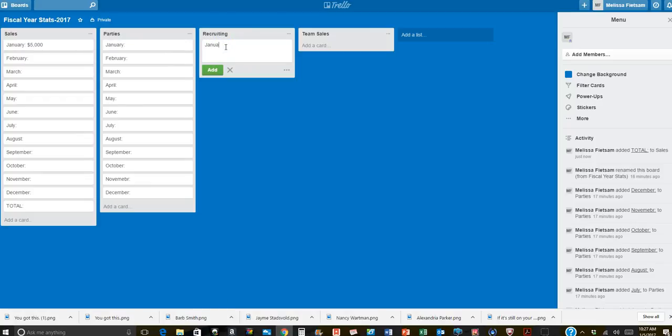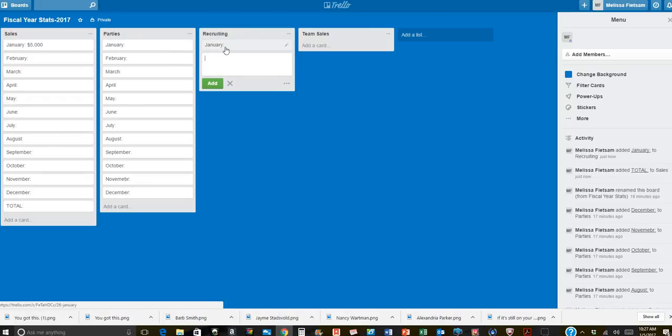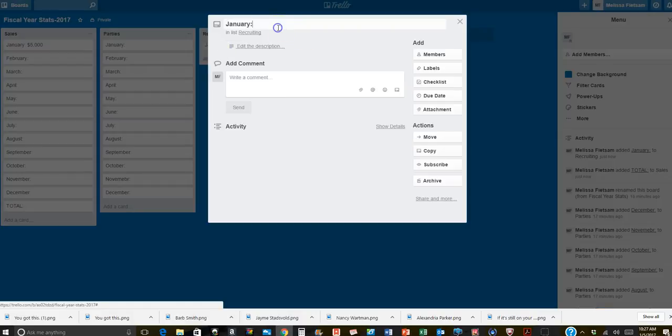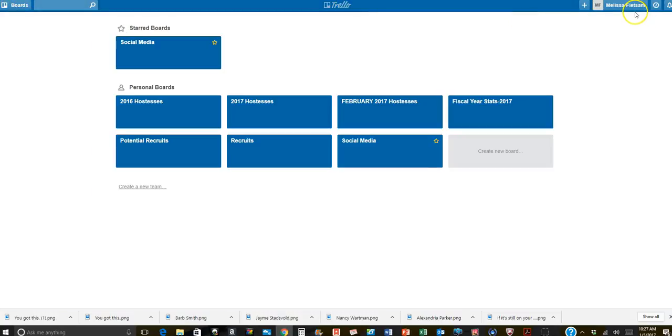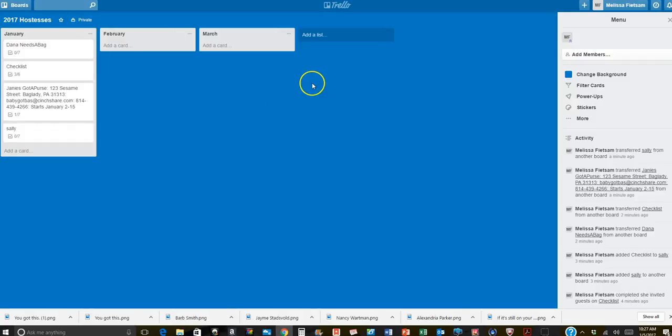So like I said, it's really easy to add those boards, and when you want to come back and edit, you just click on them and you can edit and do whatever you want. You can actually add attachments, you can add graphics. That's really good. Now, if you have an assistant, it's really cool because, my 2017 hostesses, let's say I need